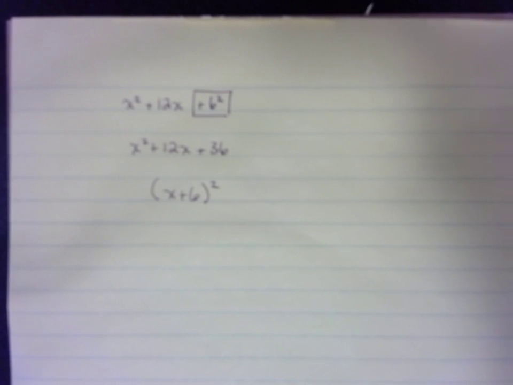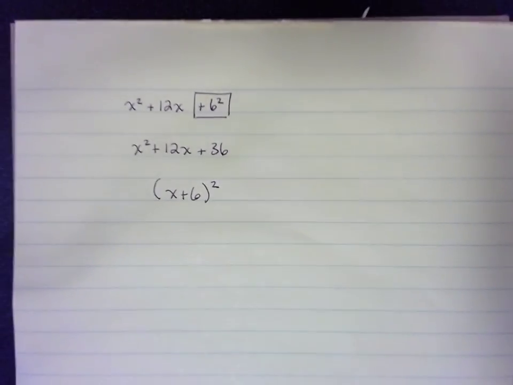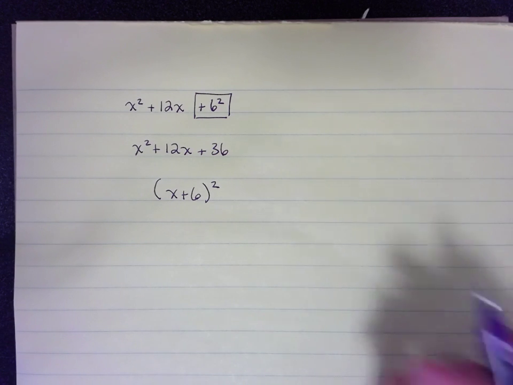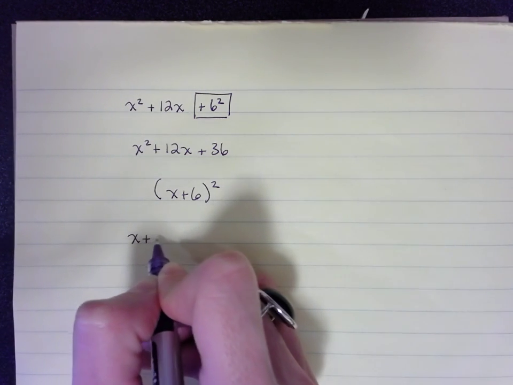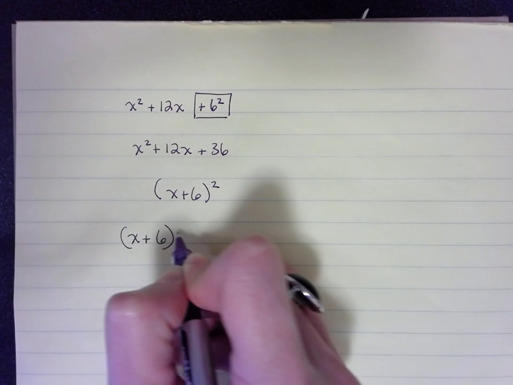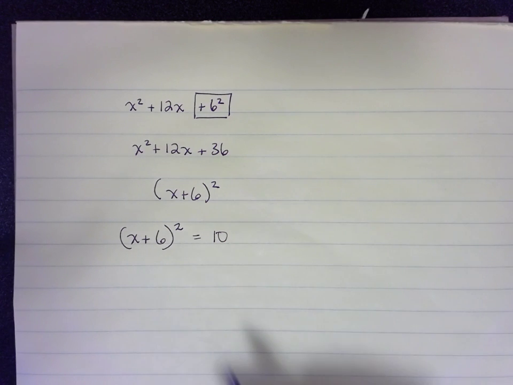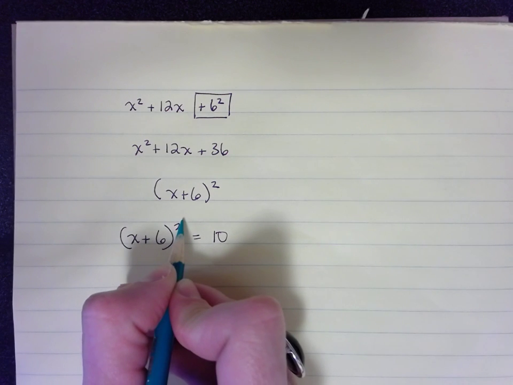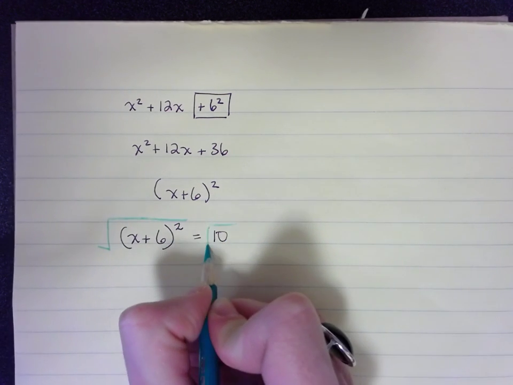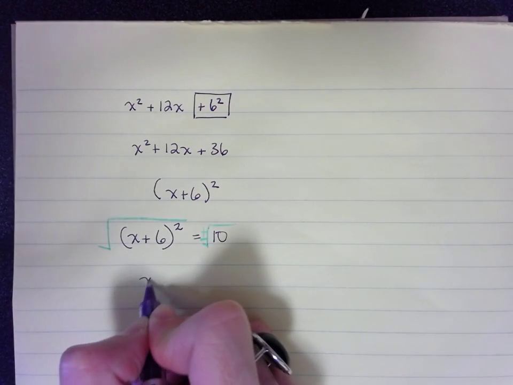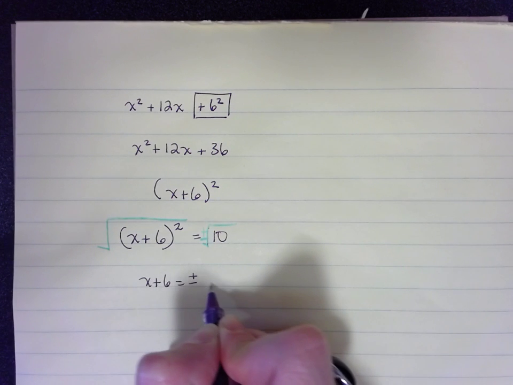Once I do that, let me focus this up. Once I do that, I can use this idea to think about what we've done in school already. We've created a way to solve a quadratic equation that looks like this. As long as I have a square on one side of the equation, like this, with the variable, I can take the square root of both sides, don't forget my plus or minus, and thus I can solve this quadratic